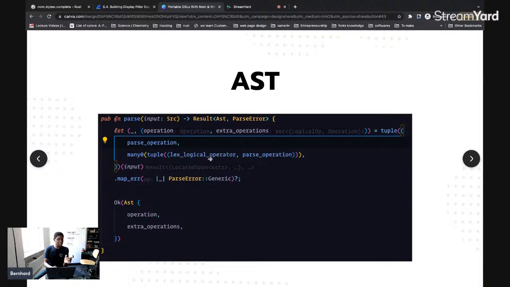Remember, firstly, this parses the tuple, the logical operator, and the parse operation, and we're saying zero or more. So it keeps parsing, which is why this is a vector, a vector of tuples generally. If that parses successfully, we want to return the AST with extra operations. And if it fails, we want to return a parse error generic. So I just created this error type of generic